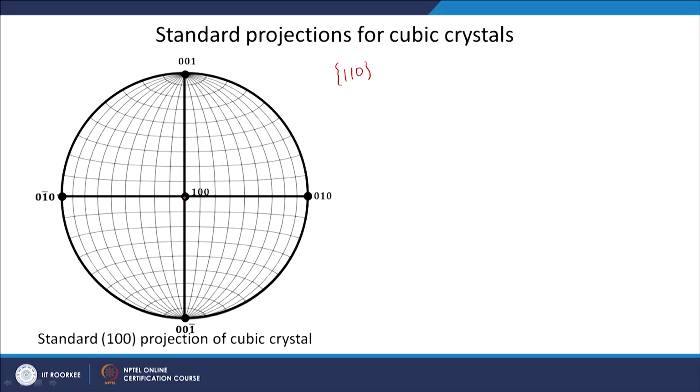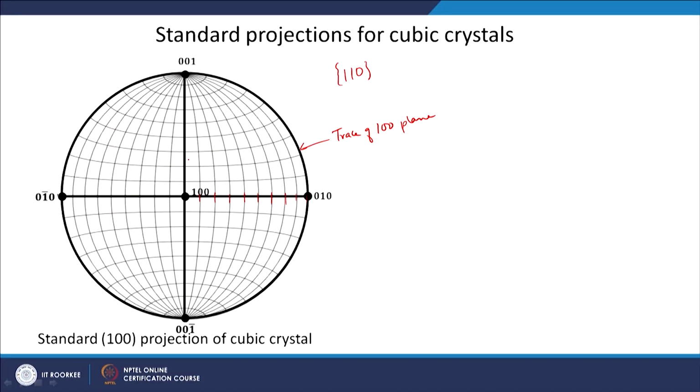And we have already seen that the angle between the pole and its trace should be 90 degrees, which you can see here also. So, it is 10, 20, 30, 40, 50, 60, 70, 80, 90. So, this is the trace of the 100 plane. If I want to find any poles on the trace of this 100, we have already discussed that if any pole is on the trace of a particular plane, that should have the 90 degree relationship with this pole.